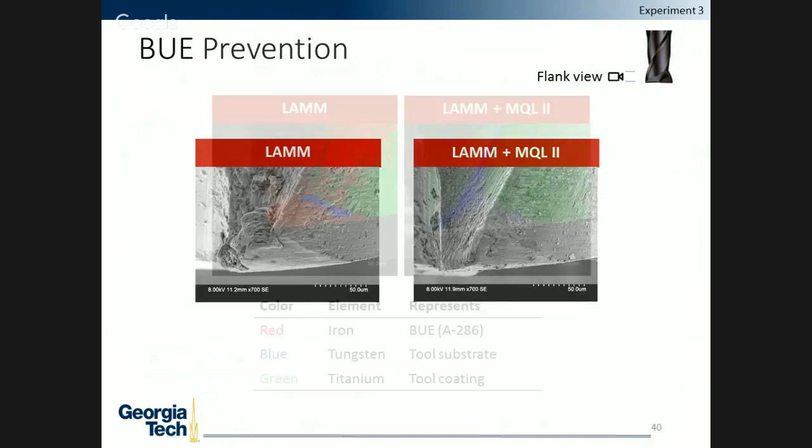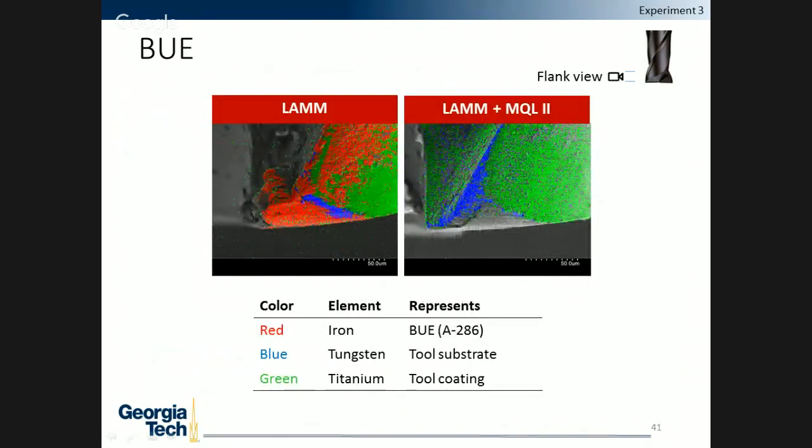And to help verify what that large clump was, we did an EDS, energy dispersive spectroscopy, and we observed certain elements, and the dots here represent the most dominant element of these factors. So the red dots represent iron, which is the most prevalent element in A286, or the built-up edge. The blue represents the tool substrate, which is tungsten, and green represents titanium, which was the most prevalent element in the tool coating. And as can be seen, there's a significant amount of red, or built-up edge, on this tool,